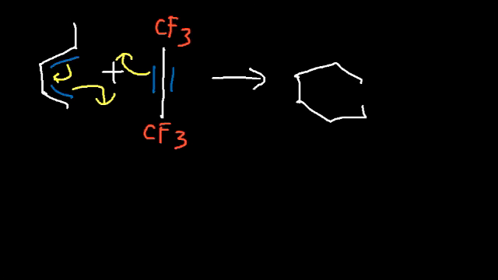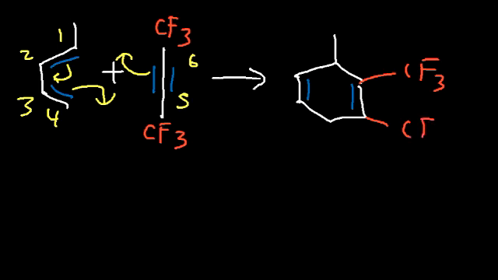Let's say if the dienophile has a triple bond. What are you going to do now? So the triple bond is going to turn into a double bond. And so we're still going to get the same 6-carbon structure. And it's going to be a double bond between carbons 2 and 3. But the triple bond is going to be reduced to a double bond, so it's going to be between 5 and 6. And we have the two